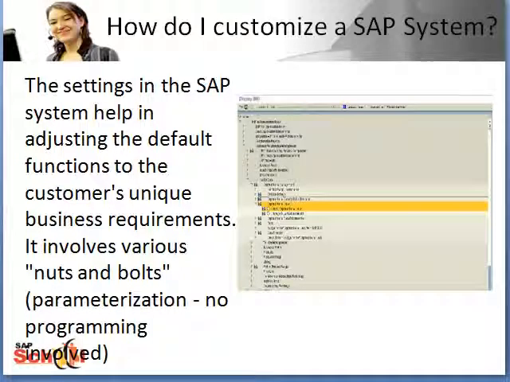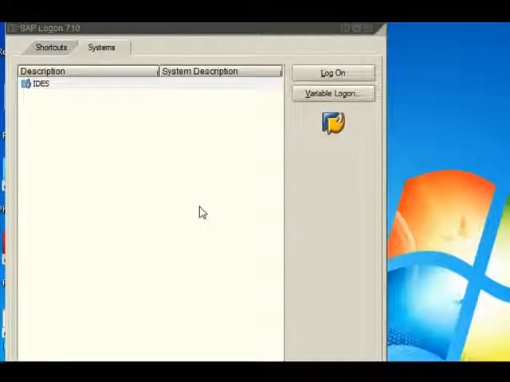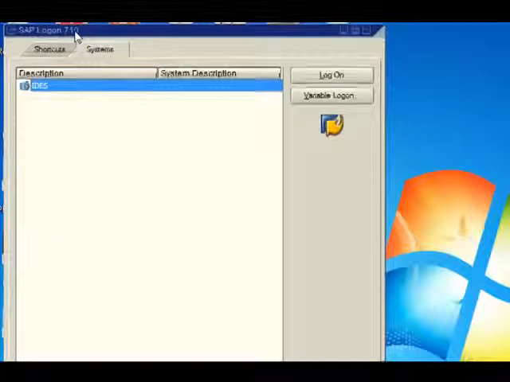So that kind of gives you a high level overview of what CRM is all about. Let us now look at the actual web client and try to navigate through the web client by logging on to the SAP GUI first, and also have a look at certain features and functionalities of the web client. If everything is installed properly on your computer, when you try to log on to SAP, you will see a screen like this,